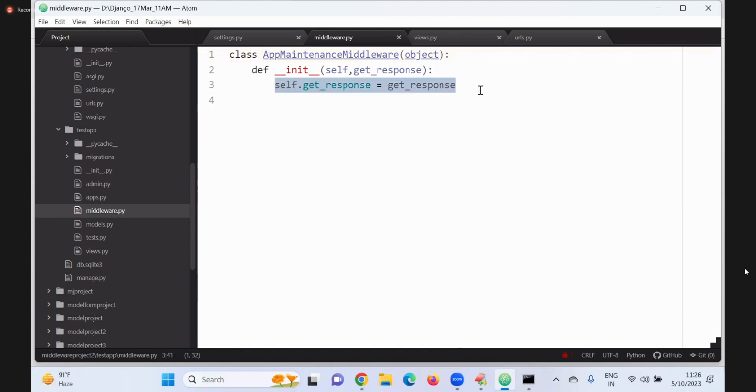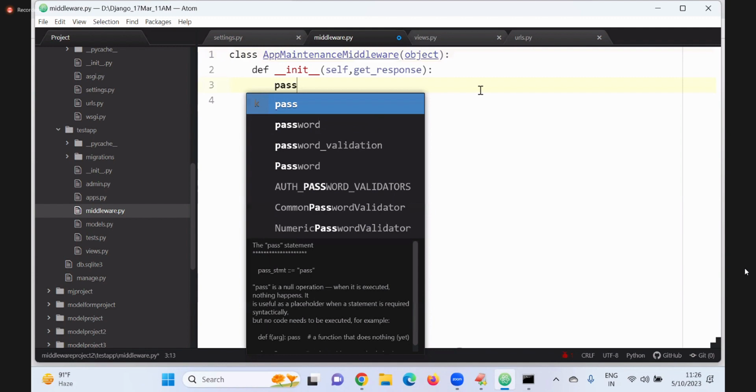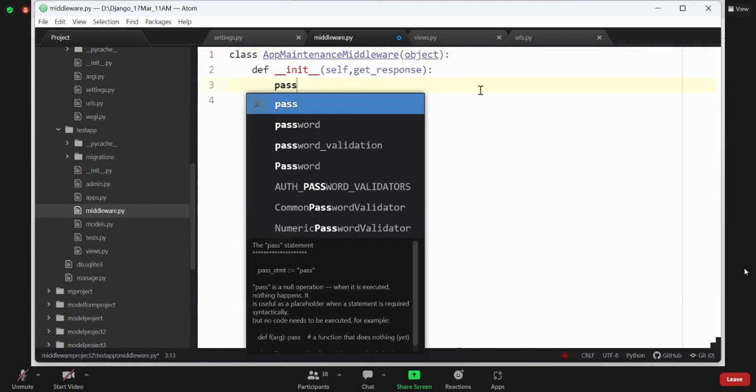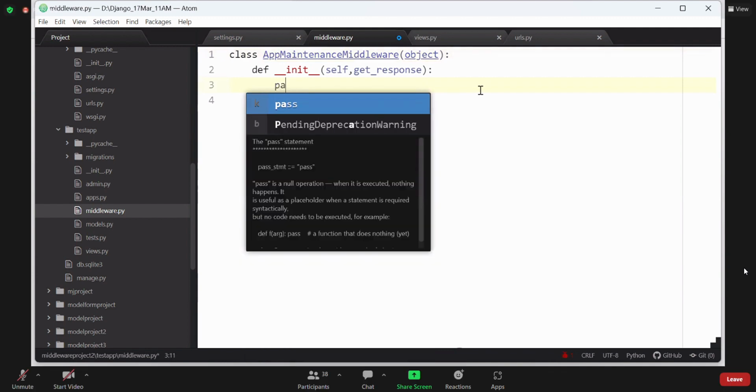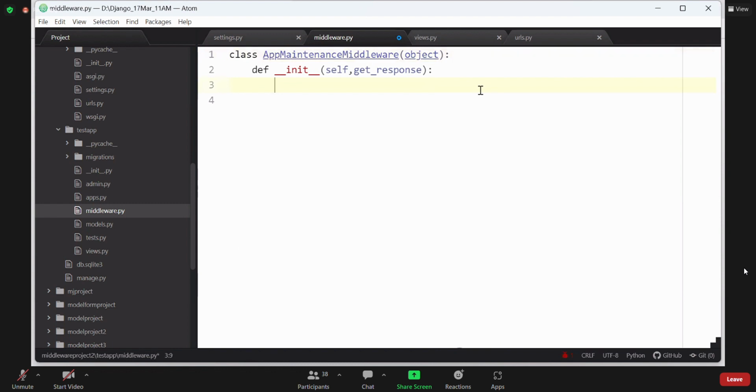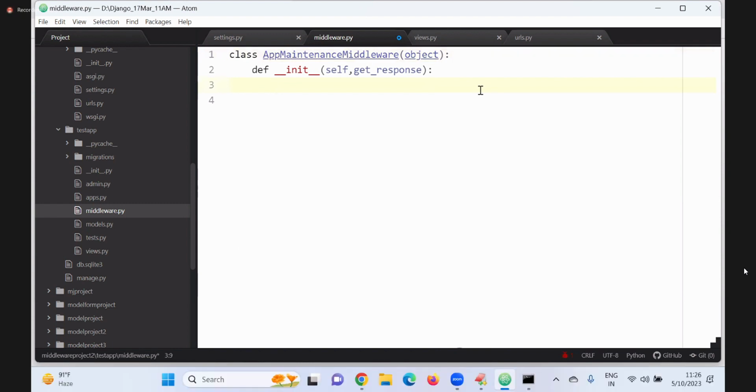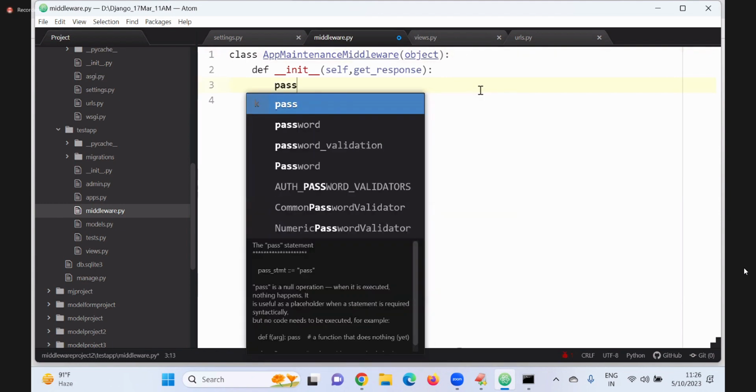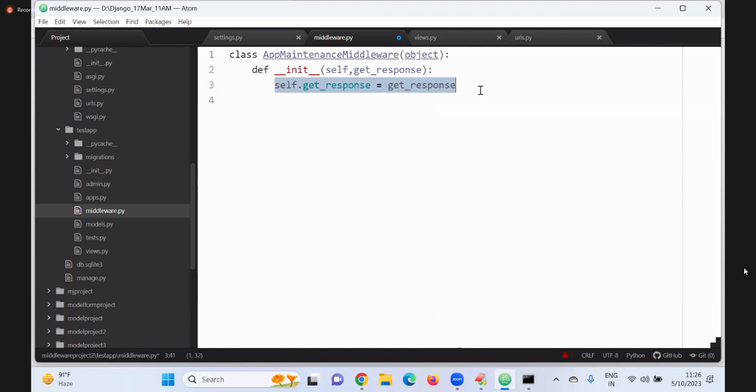If you don't want it, remove this and make it pass. Pass means it won't do anything. Without pass, it is a syntax error, since a block cannot be left empty. Either you can give a statement or else you can give pass. Both are valid. But if you may require it in future, I can store it in the variable self.get_response. It is executed at runtime.